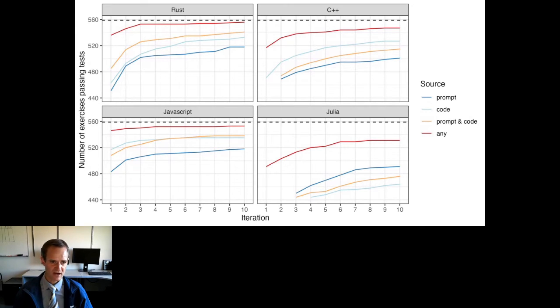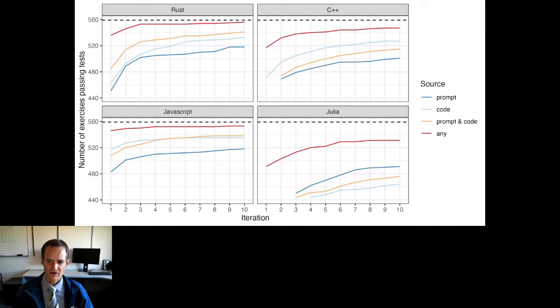And here's an overview of the results that we got. So I did truncate the y-axis here. I know people say not to do that, but I'm just showing you here that most of these languages performed really well, where it eventually solved, within 10 attempts, almost all of these exercises.